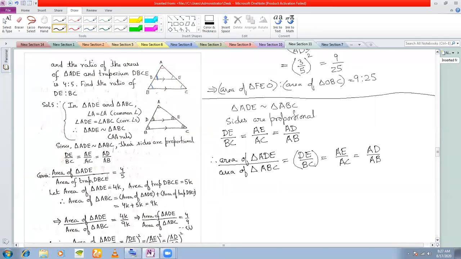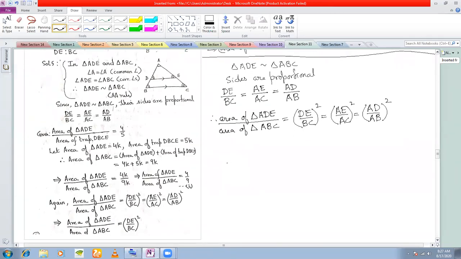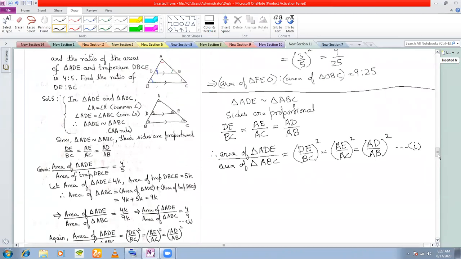The square of all this. Fine. Okay. So call this 1. Now let's see what is given. It is given to you here that the area of